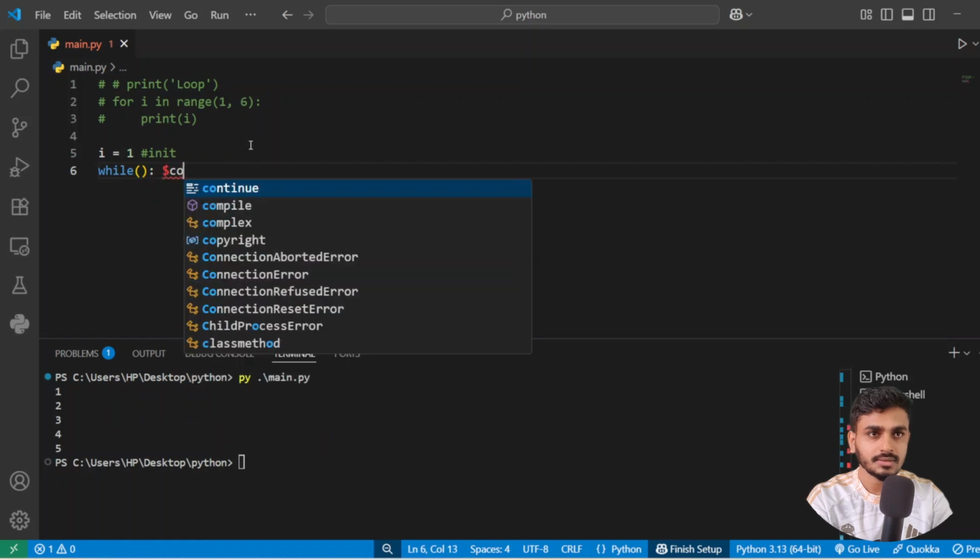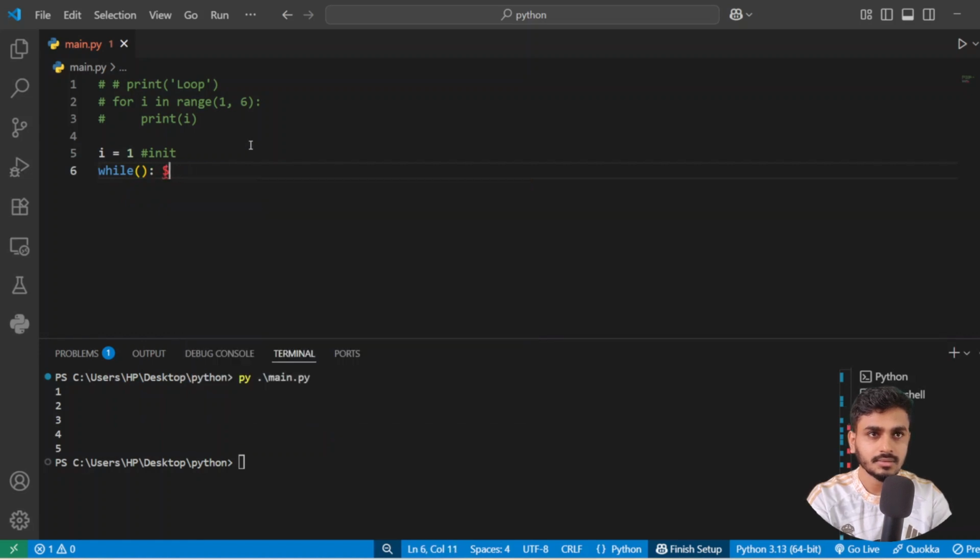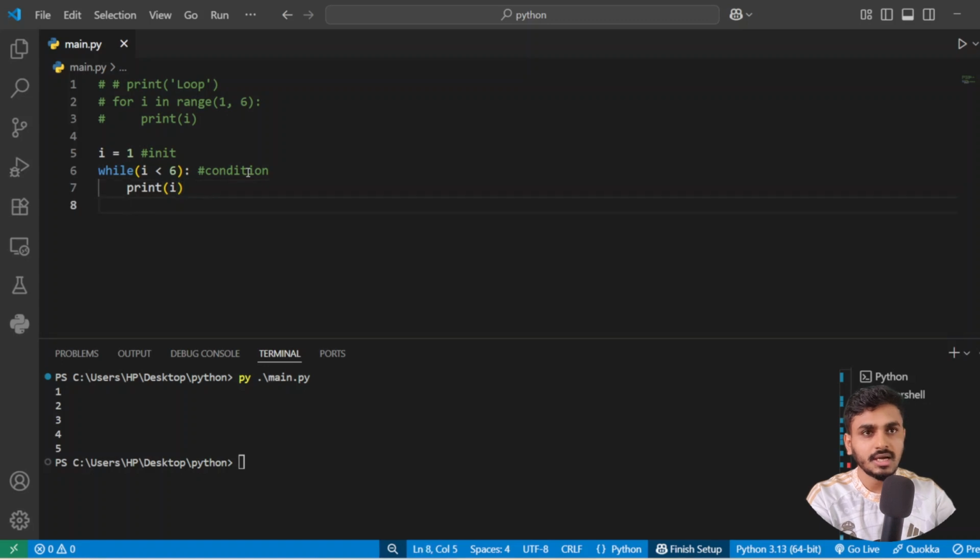The condition will be i is less than 6. Now if I print i, it will print,